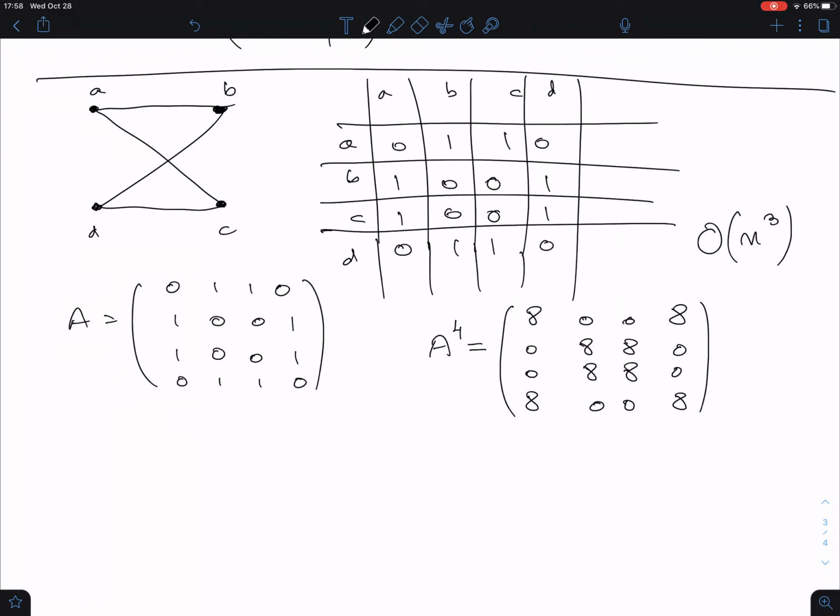So what is the interpretation now of this? Let's look at this, basically zeros and eights, right? So let's look at one of these. What does this 8 mean? Well, it corresponds here to the A row and the D column, right? But by symmetry, of course, it also corresponds to this other 8. What does this mean now? This means there are 8 different